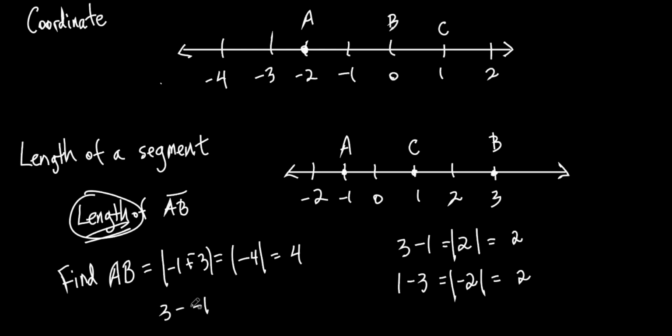Now, how do you do that? What's minus a minus? It's a plus, right? And what's 3 plus 1? 4. It's 4. It's in absolute value. So what's the absolute value of positive 4? It's 4. So if I said find AB, and that's all it said, that means you're going to have a number line. You'll have numbers on there, okay? And you've got to find the coordinates, subtract the 2 coordinates from each other,